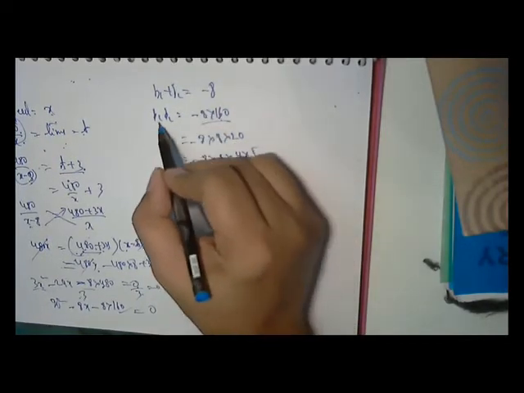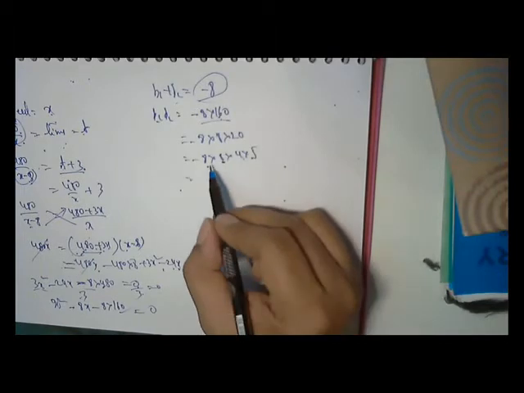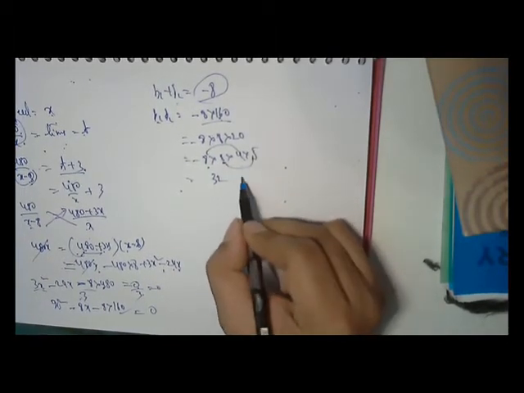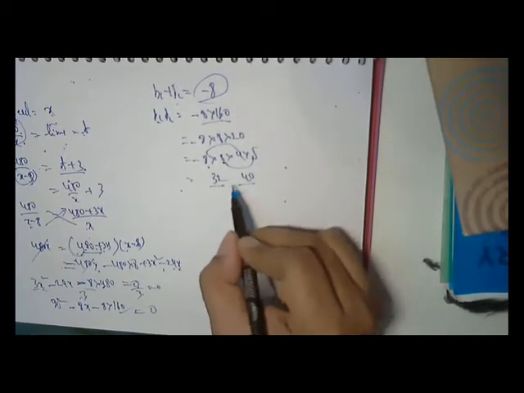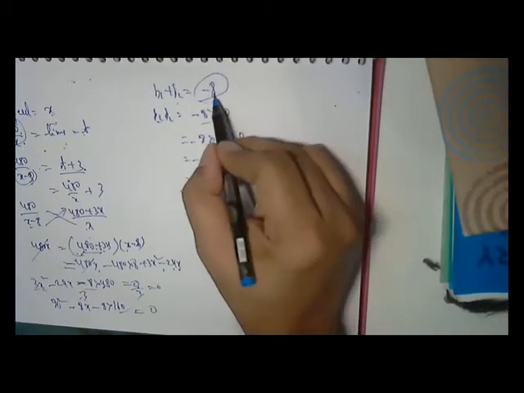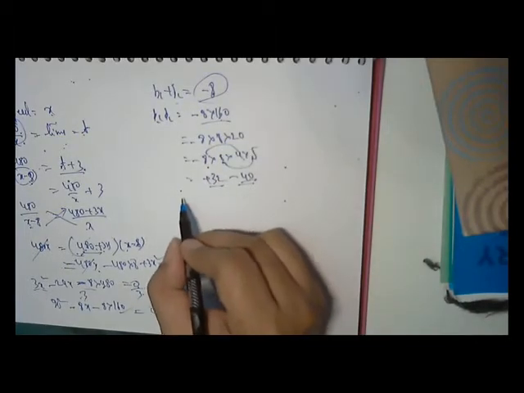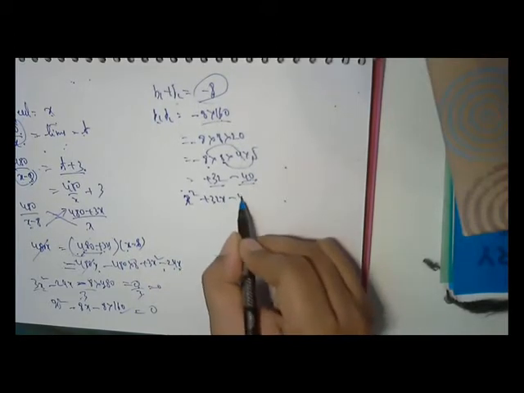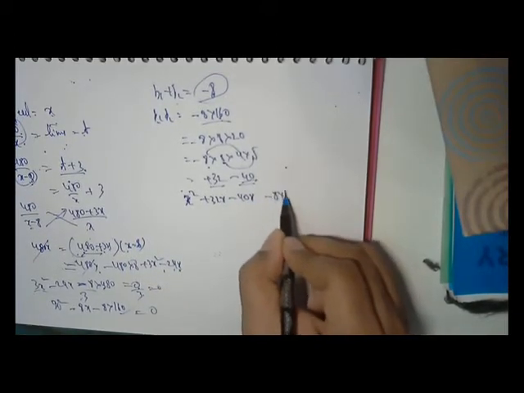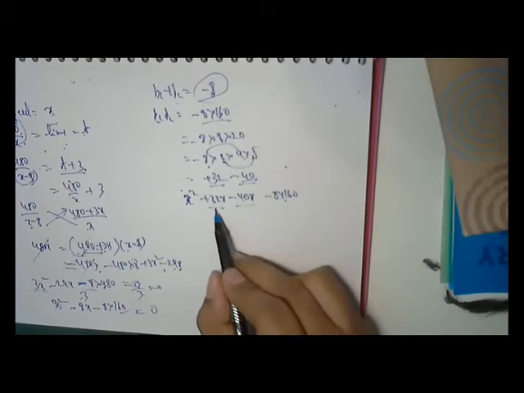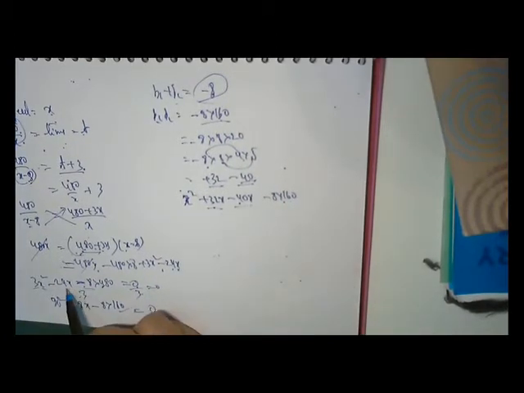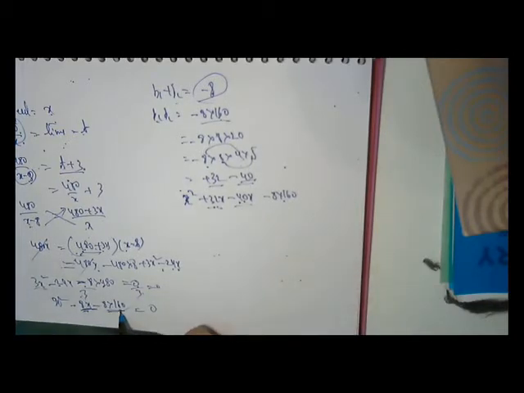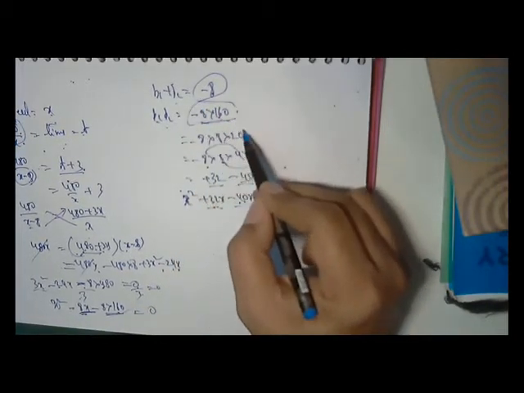Now what I want is B1 plus B2 is minus 8. So you see 8 into 4 is 32, 8 into 5 is 40. 32 minus 40 is minus 8. So I am splitting the center term as x square plus 32x minus 40x minus 8 into 160. See, plus 32 minus 40 is minus 8, and 32 into 40 is 8 into 160. This is what I took from the factors.